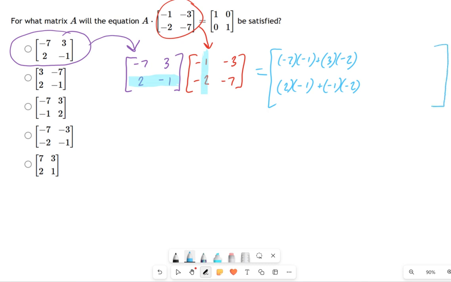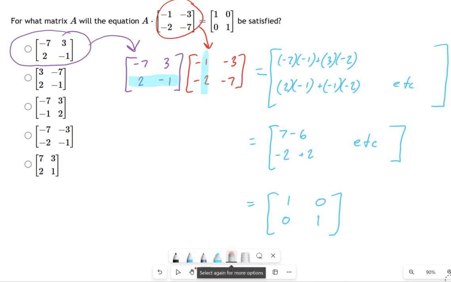Okay, obviously there's more to do, right? This is only the left side. But look at what happens if I simplify some of these things. This becomes, on the top, 7 minus 6. On the bottom, it becomes -2 plus 2. Okay, so that's going to get me the following: a 1 and a 0. And if you were to keep doing these multiplications, what you would see is you get a 0 and a 1 also. Okay, I'm just going to write etc. for now. You could complete those if you want, but this would be our answer. I don't think you'll have to guess more than twice or 2 multiplication steps to do this.